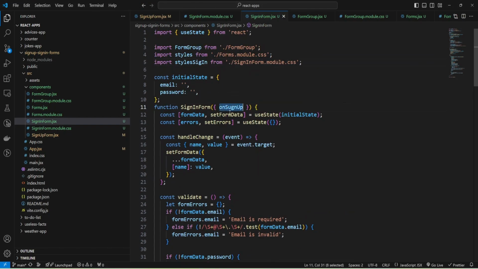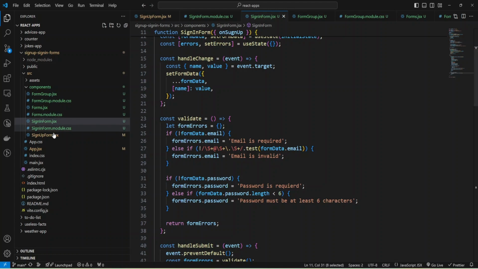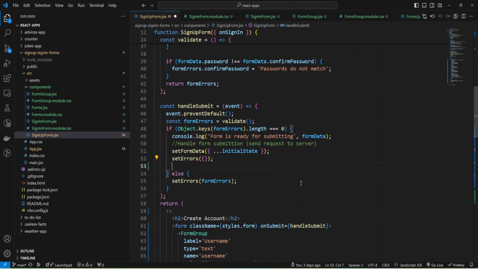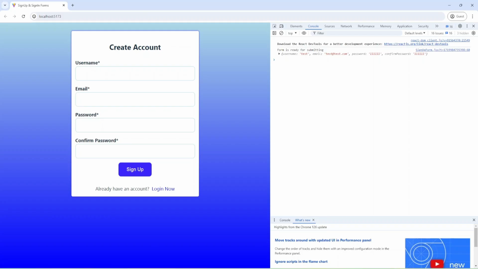And let me do it. We can just provide in our success just call on sign up, and it will change the state, and will navigate to the login form. I'm going to refresh and try again.